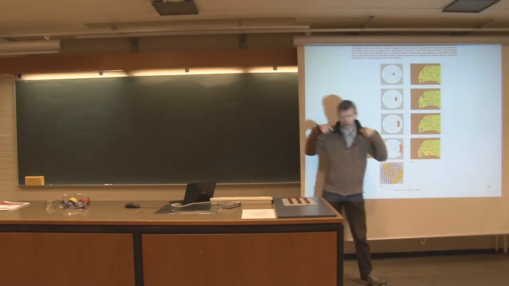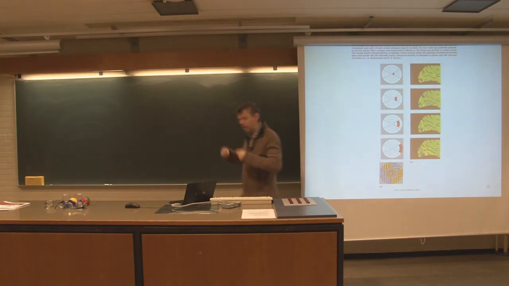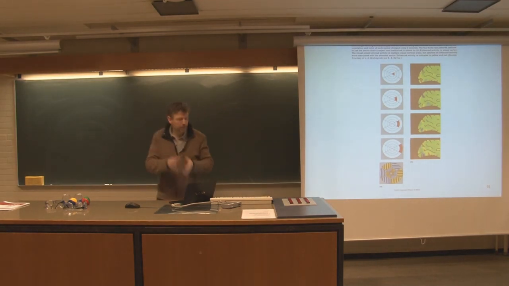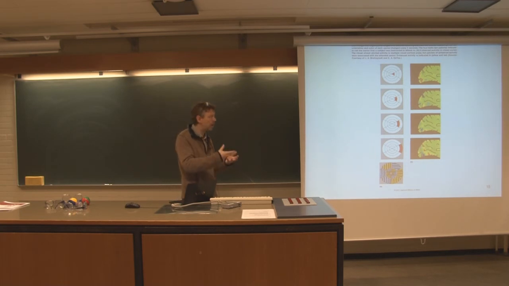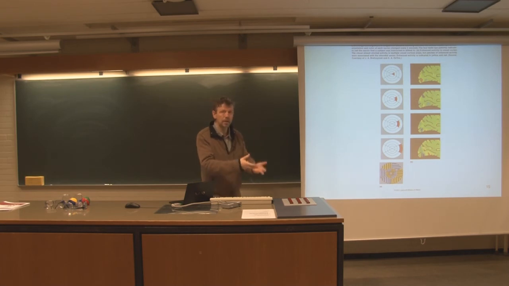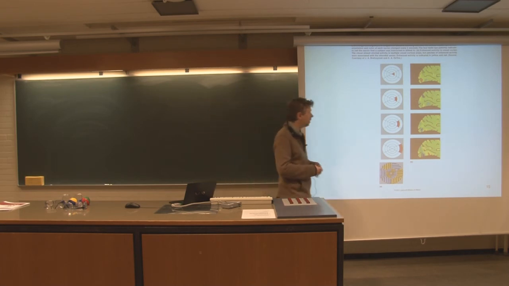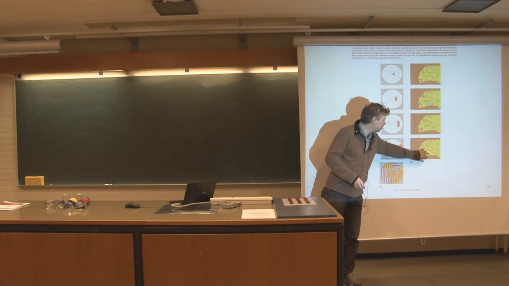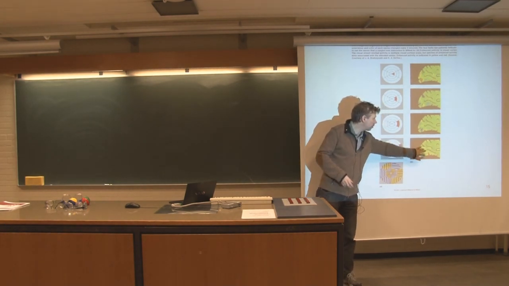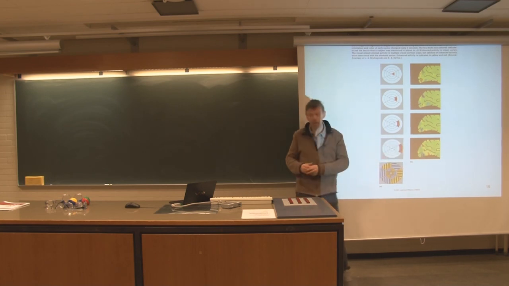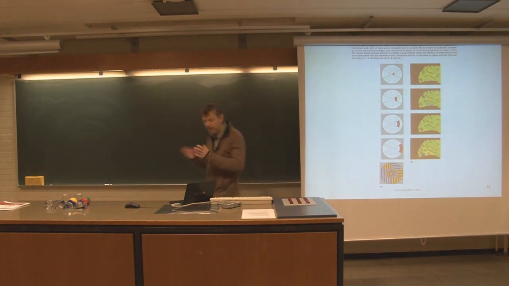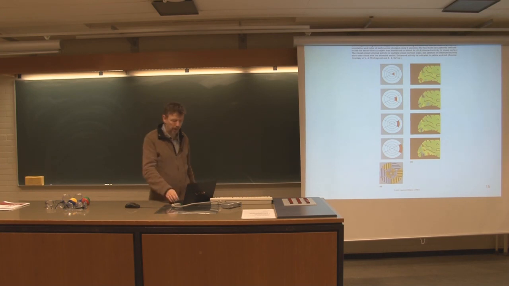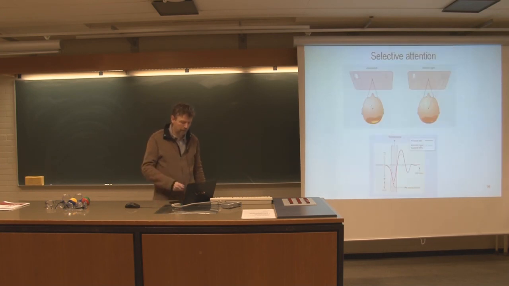So in other words, our ability to pay attention to different parts of the sensory input that we have actually has a physical influence on the activity in these parts of the brain, so that when we pay attention to this, we get increased activity in those areas in the visual cortex which receive input from that particular area. So it is really a spotlight that we can move around and increase the information